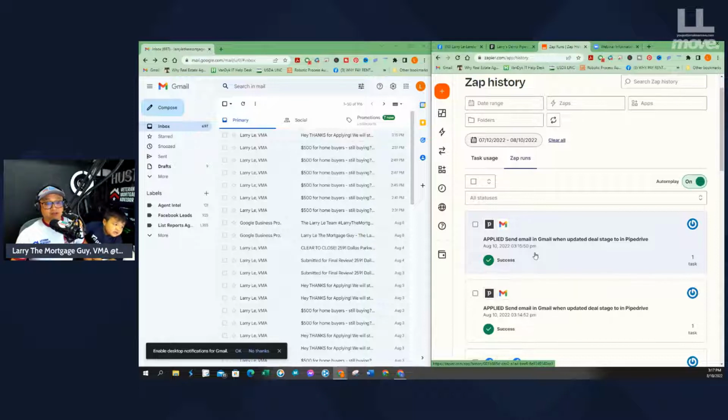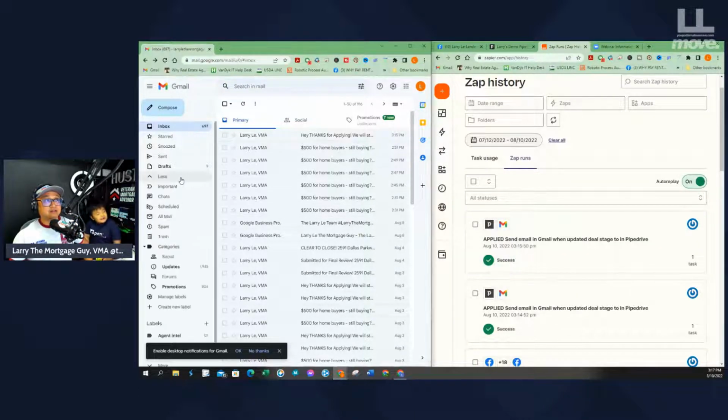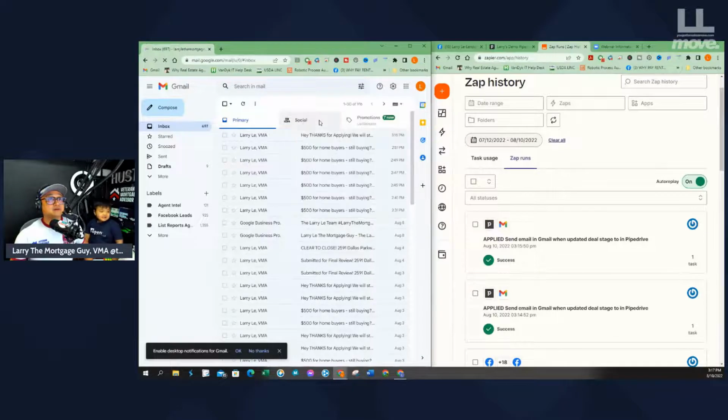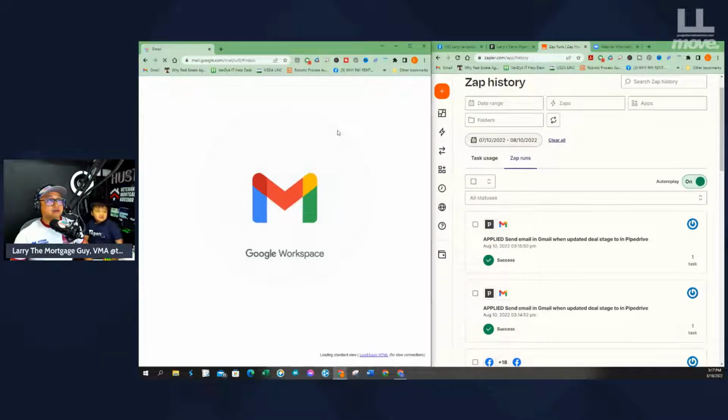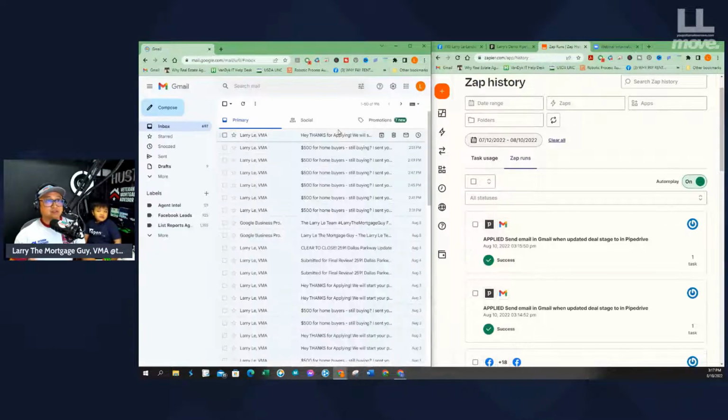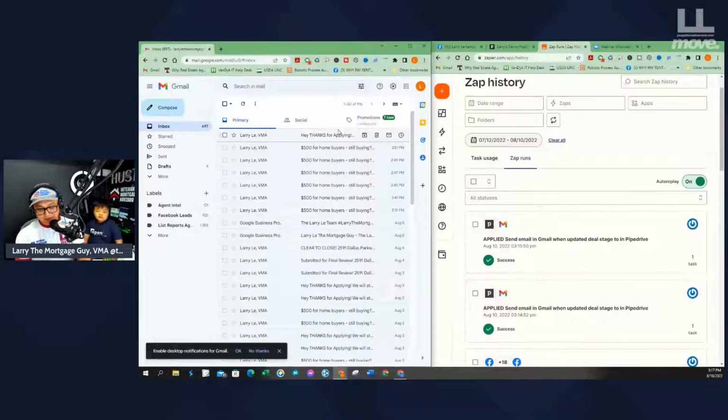Now, this might be spam, because all of a sudden the same email was sent out. So let me see. Maybe it's in my spam, trash. Nope. It might be just lagging. And I'm going to check my actual inbox to see if they did try to send it, because sometimes that will also prove to me if the Zap is working or not. So I'm going to my actual inbox here,